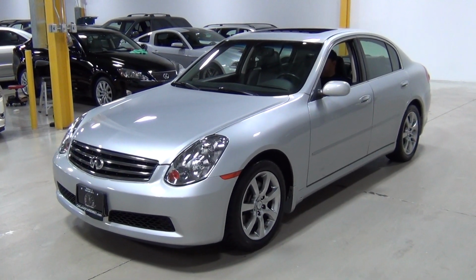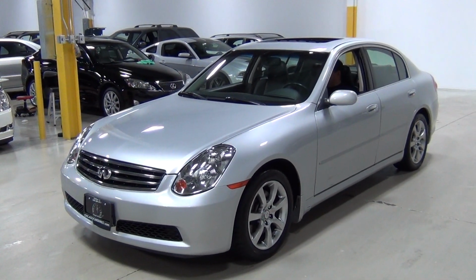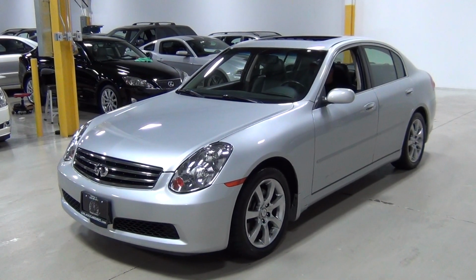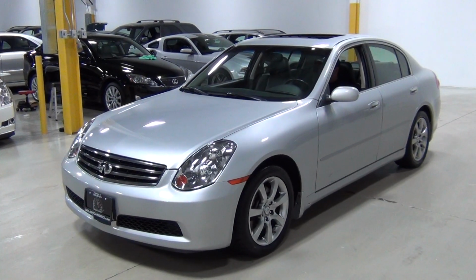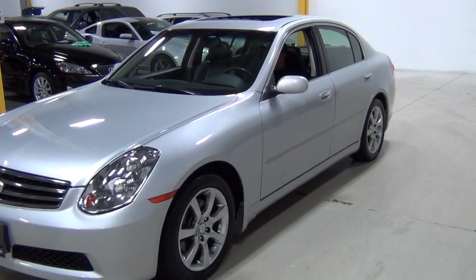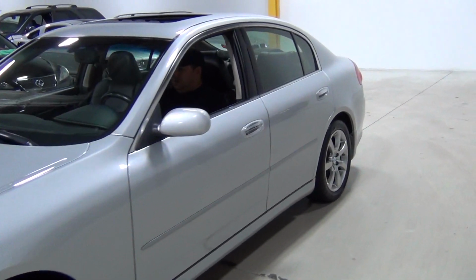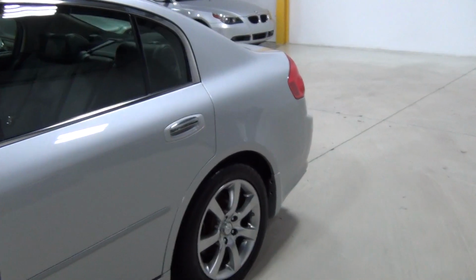This is a 2006 Infiniti G35x all-wheel drive premium. It is liquid platinum metallic over a graphite black leather interior, and I would just like to walk around the car with you so you can see the condition of the vehicle. We make these videos for our clients who are not down the street from us and can't come see the vehicle in person. As you can tell, we take about